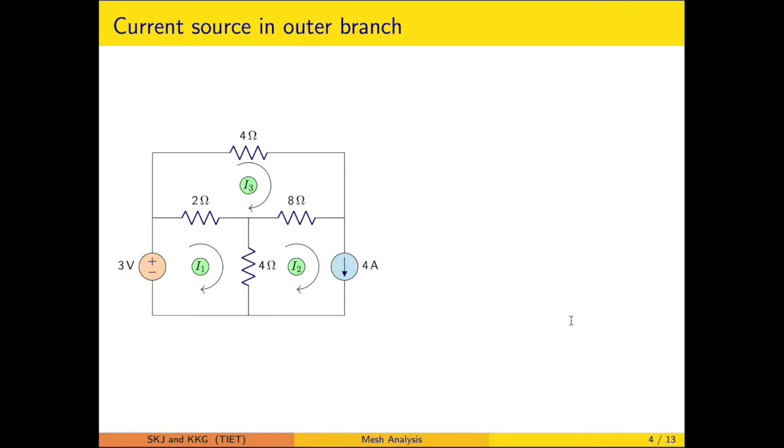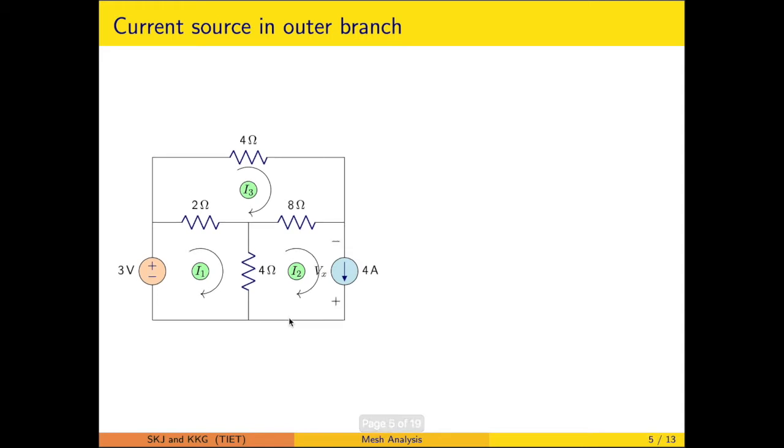This is a circuit having three meshes. Fundamentally, if we are going to develop the KVL equations for all three meshes, we have to assign a voltage polarity across this current source, and then write the equations. The equations come out in the same format. So we will be writing the equation for mesh 1, mesh 2 and then mesh 3.